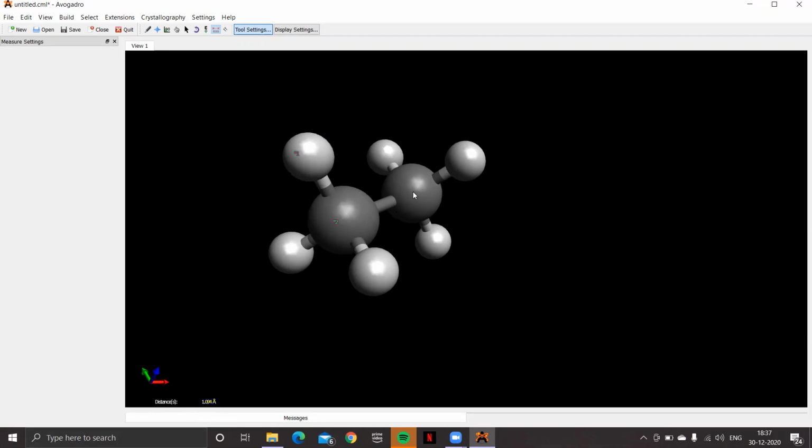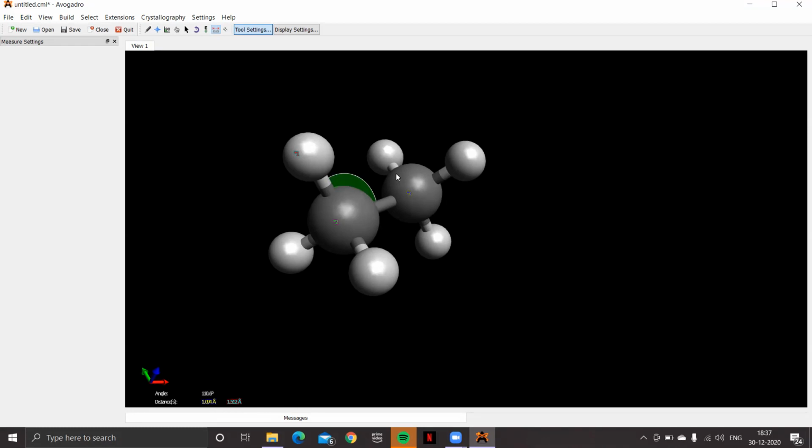Now if I select the third atom, in this case carbon, it gives the value of the bond angle. That bond angle is 110 degrees, corresponding to this hydrogen-carbon-carbon bond angle. Since it's sp3, it has to be close to 109 degrees. And another distance appears. The second value of the distance is between atom 2 and atom 3. So that's correct, the carbon-carbon bond length is approximately 1.5 angstrom.